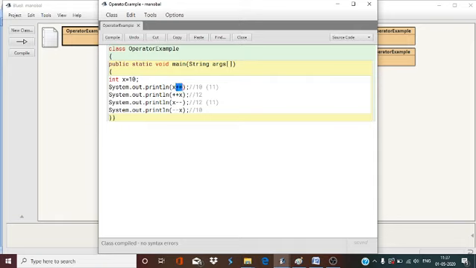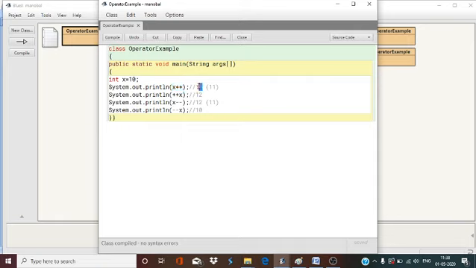The value of x will increase by 1, but when printing the value of x, it will be 10 only. The actual value of x will increase, but we will get the output 10 only.